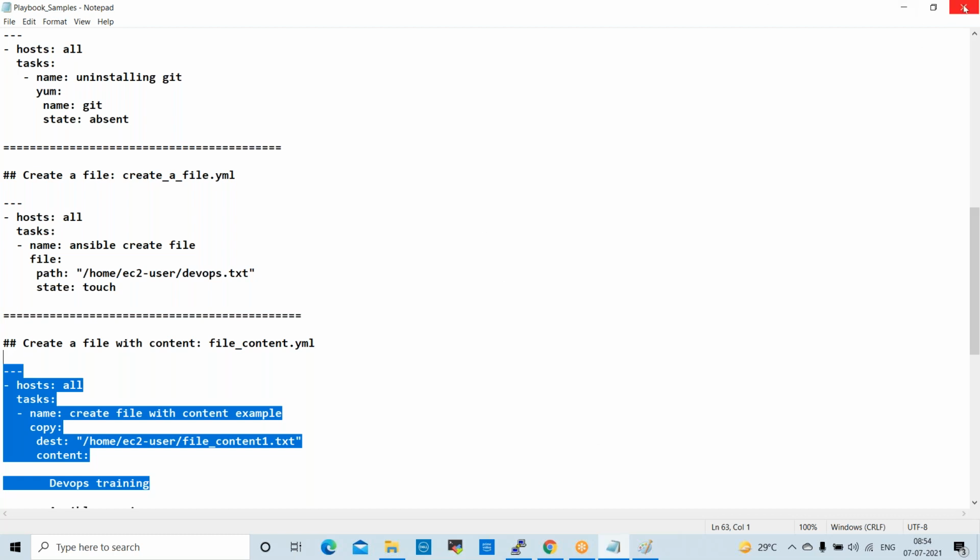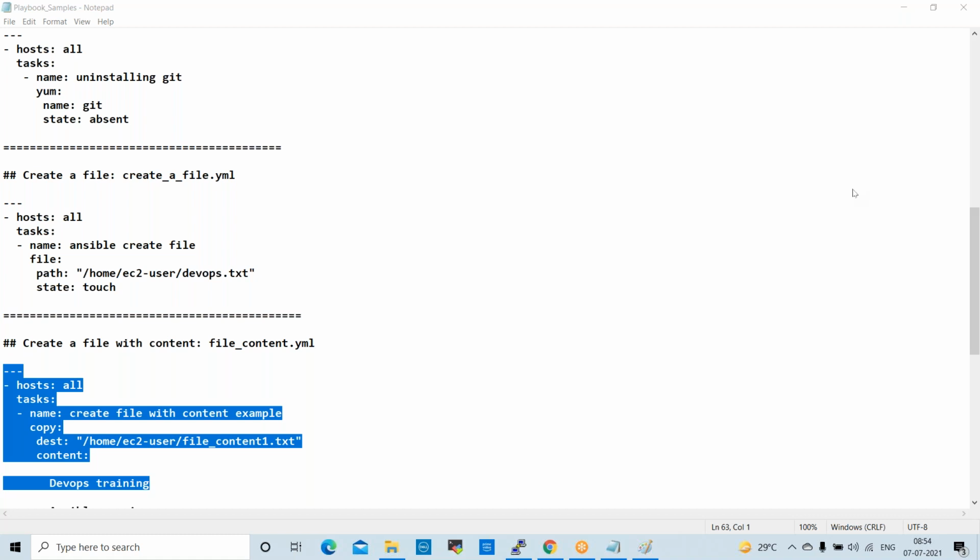Sir, these are two kinds of scripting tools also, like Ansible, Docker, Terraform. Yeah, Docker also will have some simple scripts. Docker, Kubernetes, Terraform also will have scripts.